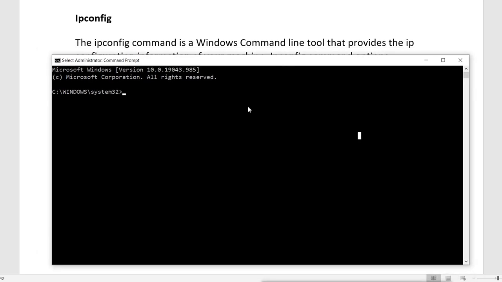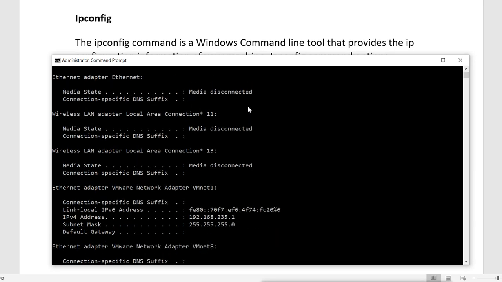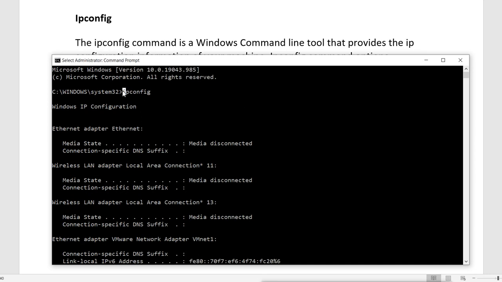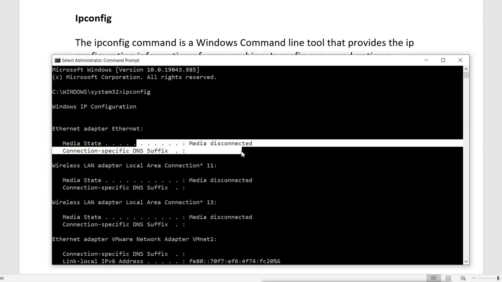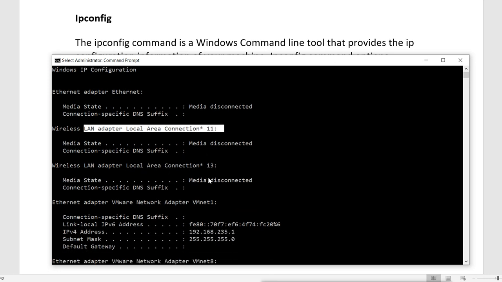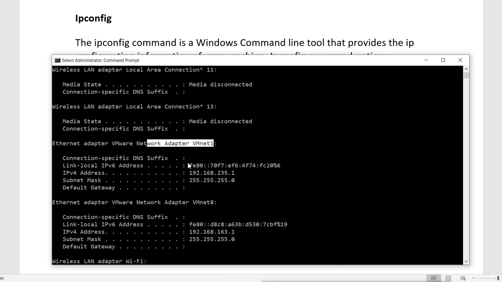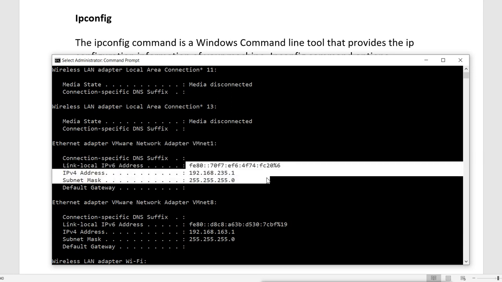So the ipconfig command we can give like this, and it will show us information about our network configurations. It shows here that I have these interfaces. Here I have given this ipconfig command. It is saying Windows IP Configuration. I have an Ethernet adapter, but it is not connected. This is my wireless LAN, local area network, and it is also not connected. This is my virtual LAN, and in my virtual LAN I have these IP addresses. These are virtual LAN networks for the virtual machines.